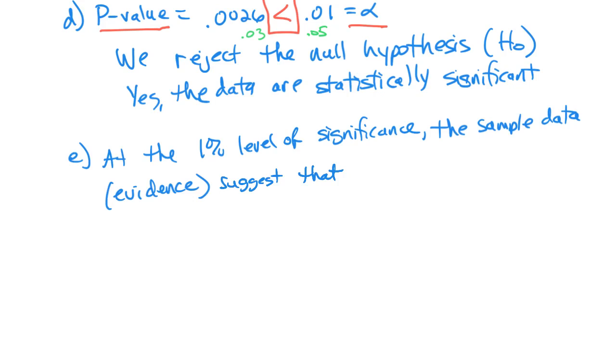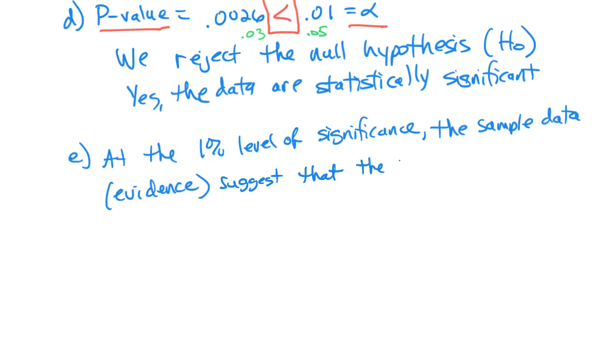Well, I'm going to basically write the alternate hypothesis, but I'm going to write it in the wording of the question. So if you look at problem number 21, on the second to last line it says, do the data indicate that the mean weight of these birds in this part of the Grand Canyon is less than 4.55 grams? And we're basically saying yes. So I'm just going to write that. I'm basically going to write H sub 1, but in words. So I'm going to say the evidence suggests that